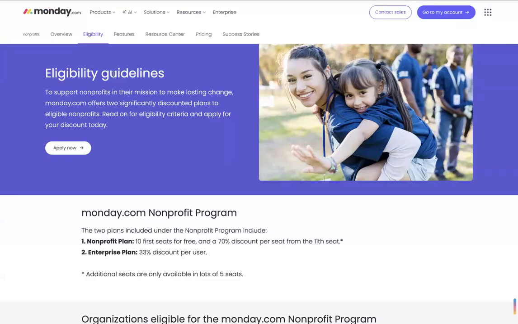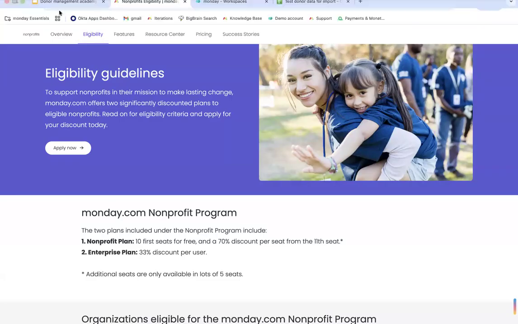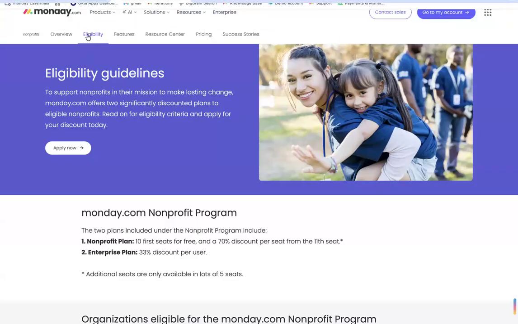So if you're not yet on the program, I definitely recommend you visit this page, monday.com/nonprofits. And here's our eligibility tab where you can see if you think your nonprofit will fit our criteria. I'm pretty sure you will. It's a very broad program. We try to include as many nonprofits as possible. And once you've opened your monday.com account, you'll be on a 2-week free trial. Once that ends, you'll either lose access or pick a paid plan, or if you're eligible, come here. And if you click on apply now, you can fill out a very simple form, takes just a few minutes. And if found eligible, we'll move you on to the nonprofit program.